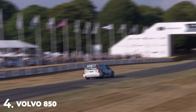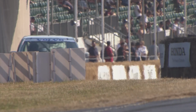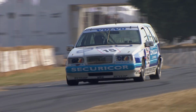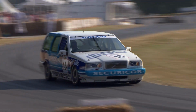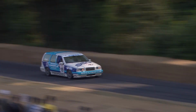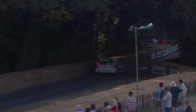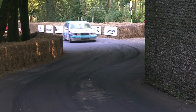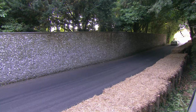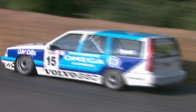The ex-Rickard Rydell Volvo 850 Estate, taking you back to 1994. It was never a winning car, unless you measure the column inches that it generated. Except with the fans and also with Volvo dealers, the footfall that they had. Ask John Cleland as a Volvo dealer at the time, they wanted a racing program from Volvo, so they got people into their showrooms under the age of 60, which was just unheard of in those days. They had the 240 Turbo, which was the Stockholm Taxi, the Flying Brick. It had all these unfortunate nicknames, but then Super Touring came along, and this car, Rickard Rydell and Jan Lammers were the two drivers. Gregor Pettersson, with a bit of help from Johnny Westbrook, found this car and has been...